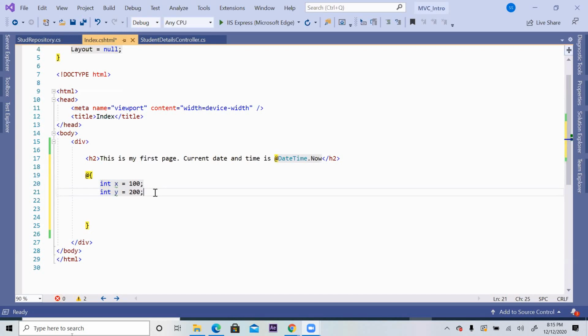So if you are dead sure that 4 or 5 or 10 lines continuously need C#, then you write it inside a razor block. Like I can say z equal to x plus y. Anything that you want to write, you can write here. So this is called a razor block.